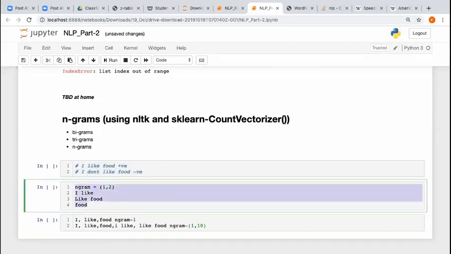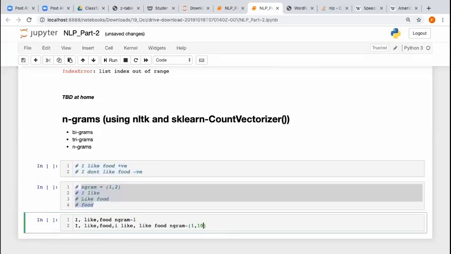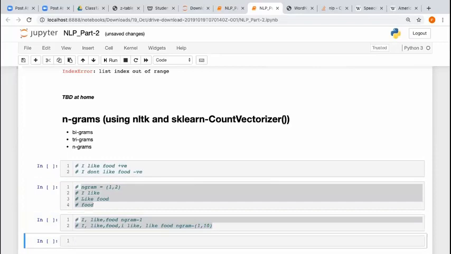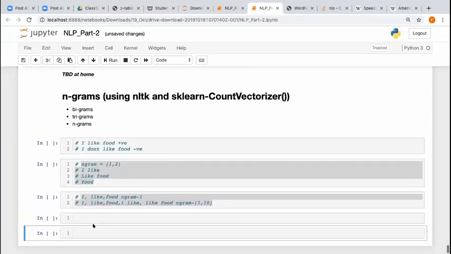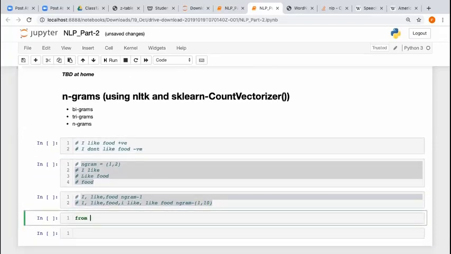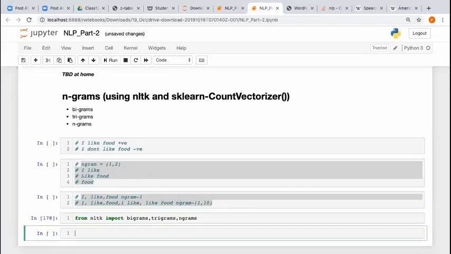So, online guys, this concept is clear, right? What is n-gram? From NLTK import, we have a direct function. That is one good thing which is not there in spaCy. So we have bigrams, we have trigrams, we have n-grams. Very simple one, okay? So let's say I have one sentence,